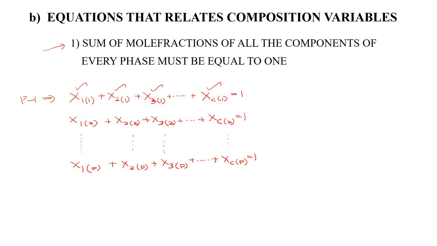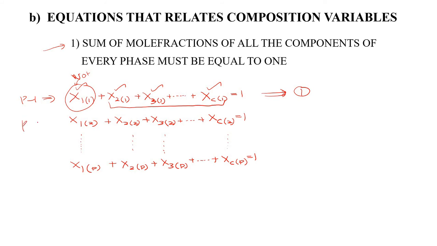If you add all these mole fractions, that should be equal to 1. And as I told you in the last class, if you know the mole fractions of these components, then the mole fraction of the first one automatically gets fixed. So, you need not fix this variable. Therefore, from the first equation, we can neglect one variable. It is not necessary to fix.